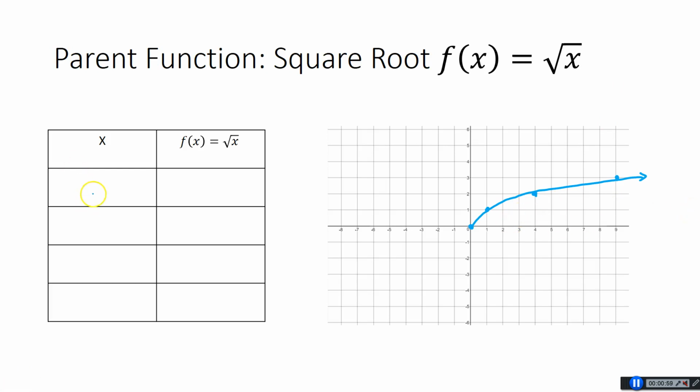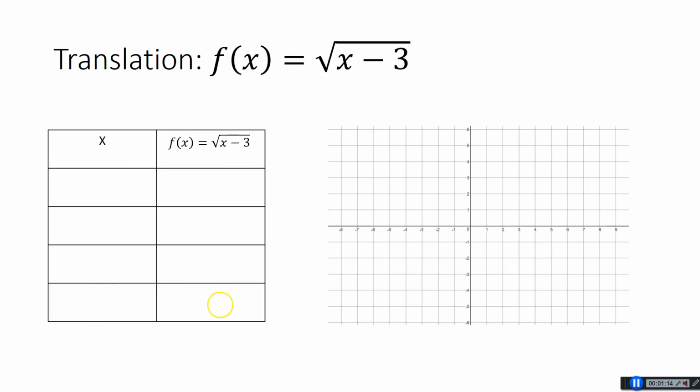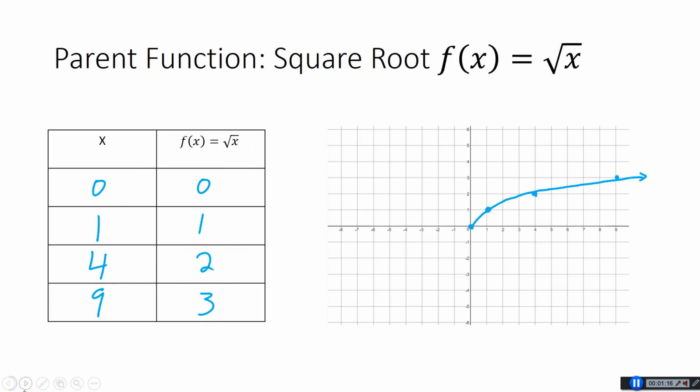Some of the points that are on here we're going to be using: if x is 0, root x is 0, right? What's the next nice number to put into square root? Well, the square root of 1 is 1. I plotted that right here, (1, 1). And then the next one that's nice to take the square root of is 4. Square root of 4 is 2. And then the square root of 9 is 3. So we're going to follow what happens to all of those points